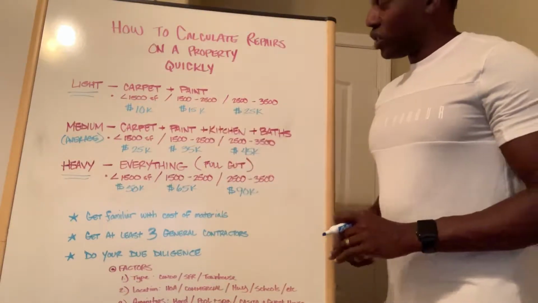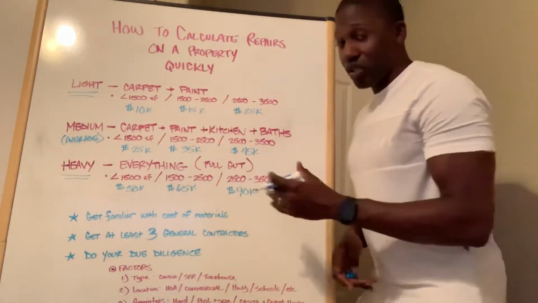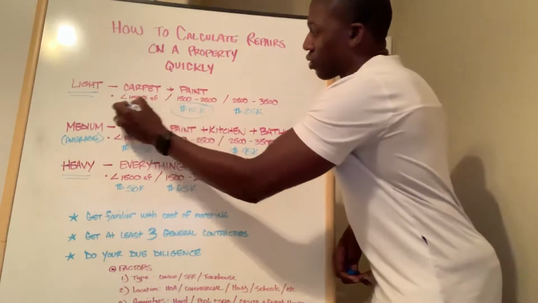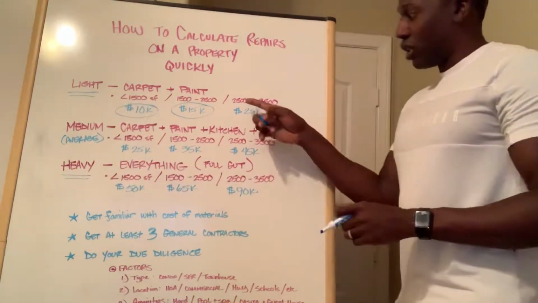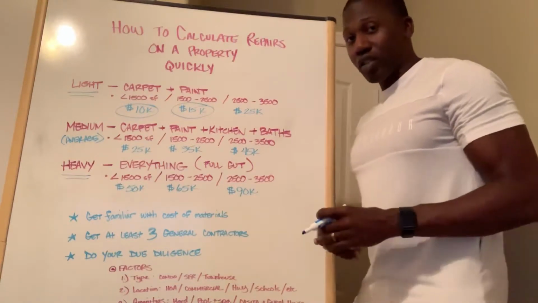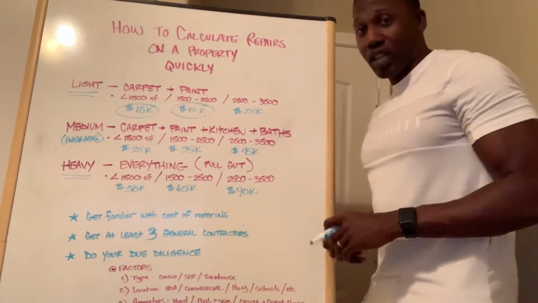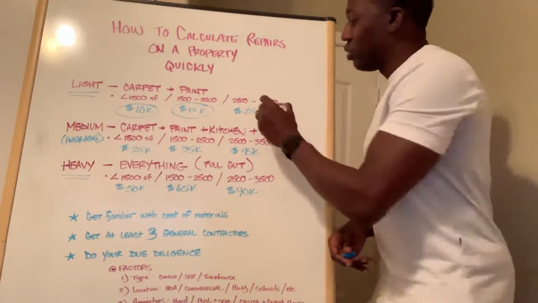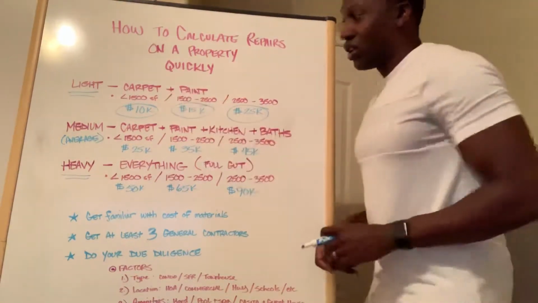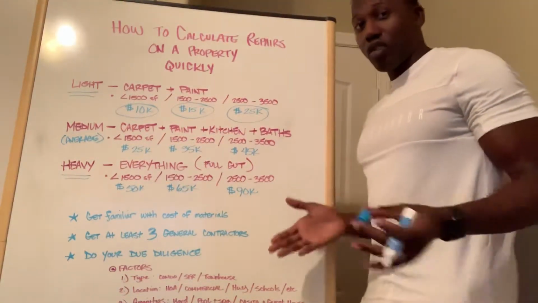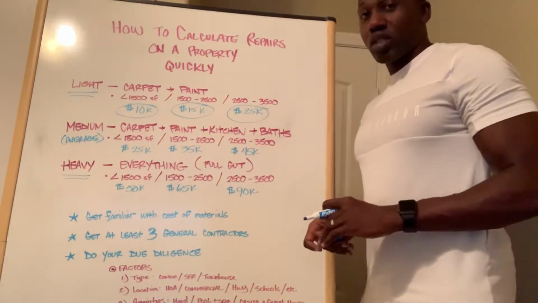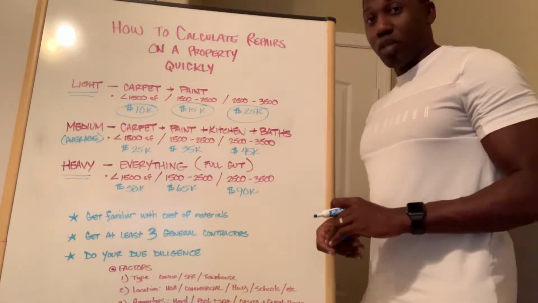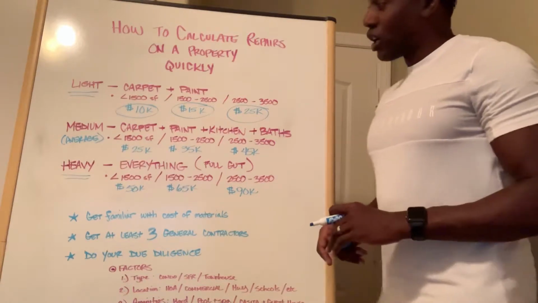And then we scale up here to between 1,500 and 2,500 square feet. This is going to be around $15,000. We got $10,000, $15,000, and then between 2,500 and 3,500 square feet, we got about $25,000. That's going to be your approximate remodeling costs for just carpet and paint. So these are just some quick factors. Even if you don't see the property, these are some quick numbers that you can plug into your formula when you're trying to calculate your maximum allowable offer that you want to make to that seller in regards to their